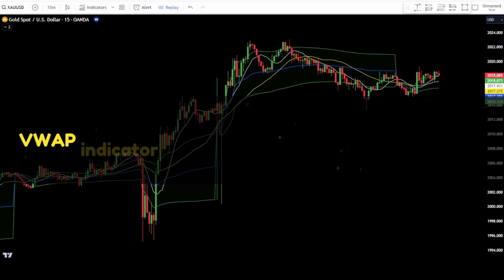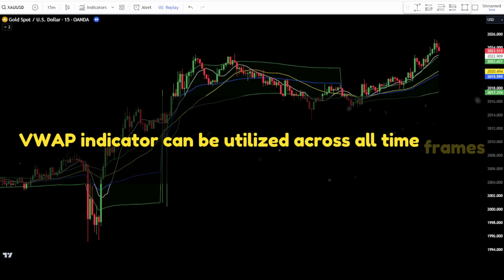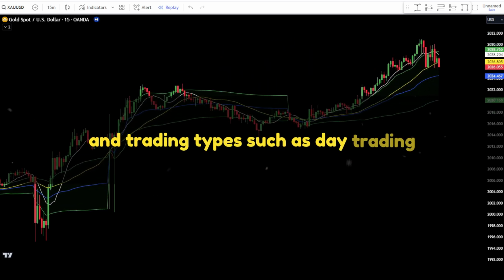Moreover, the VWAP indicator can be utilized across all time frames and trading types, such as day trading, scalping, and